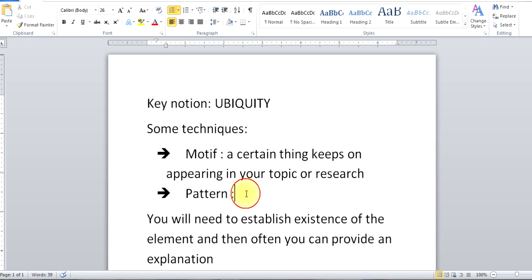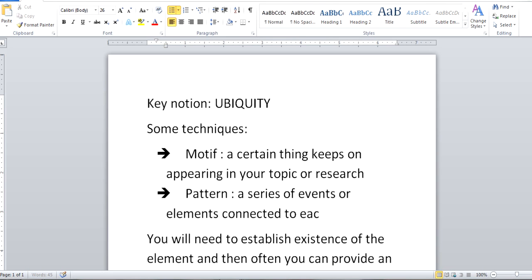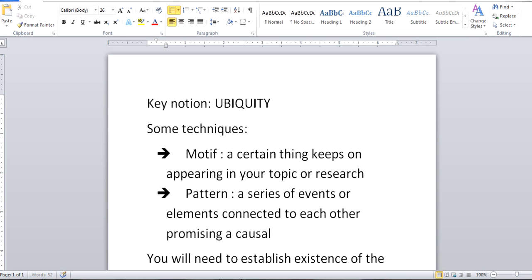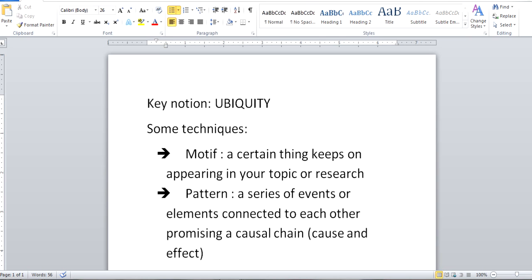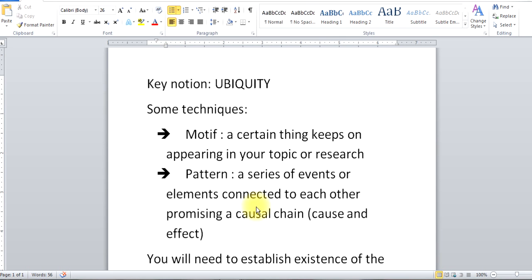All right. Pattern would be a series of things, a series of events or elements connected to each other, promising a causal chain, like cause and effect. Okay, so for pattern, you aren't just noticing one thing, you're noticing a series of events that seem to, one thing follows another, and that follows another, and one thing follows from all that,